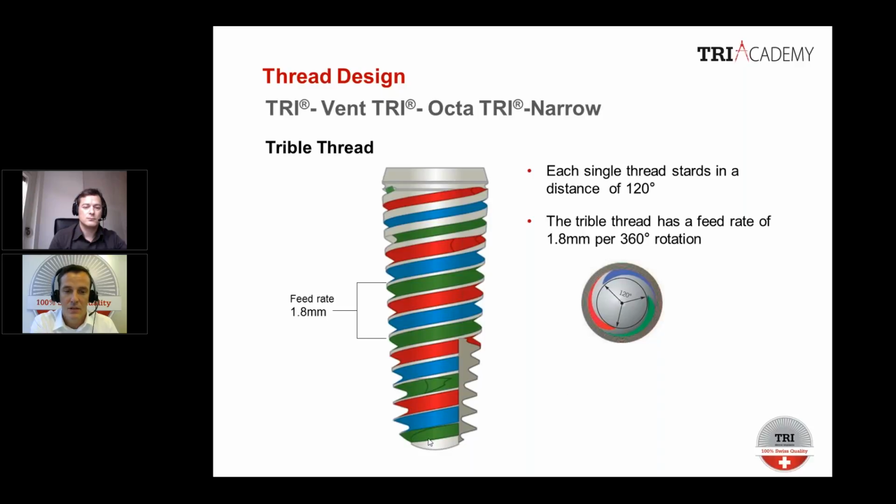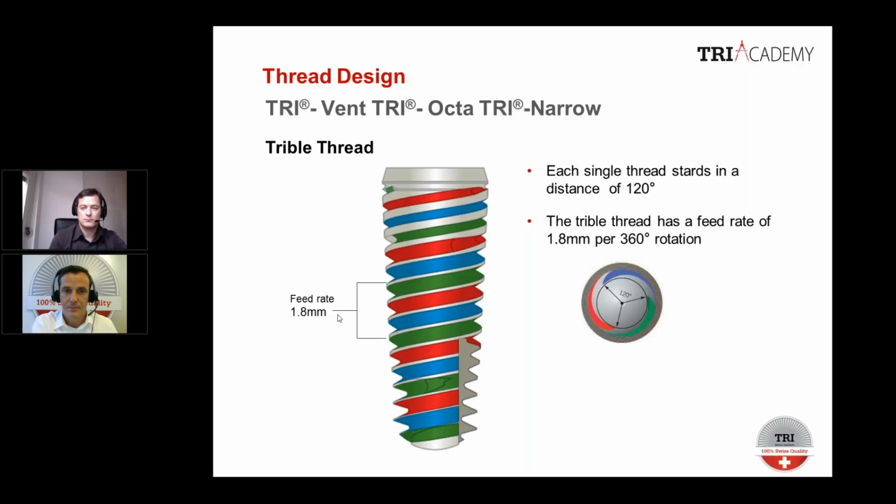For example, the green thread design is circulating and comes up here and here and here. So that means we get a feeding rate of our implants of 1.8 millimeter, which leads to that we have in 360 degrees turning the implant, we go 1.8 millimeter down,